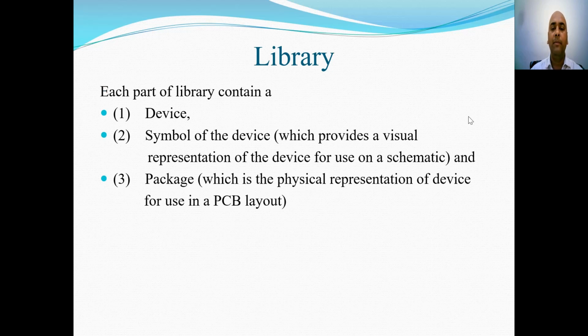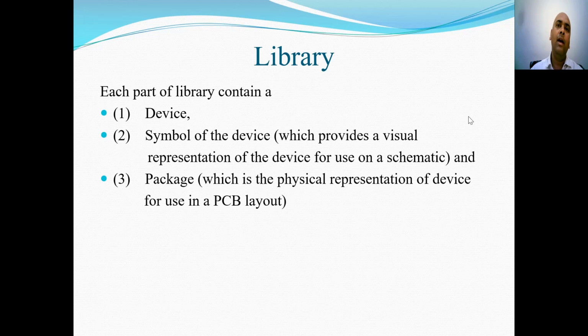Each part of the library contains a device, the symbol of the device, which provides a visual representation of the device for use on a schematic diagram, and the package. The package indicates the physical representation of the device for use in PCB layout. The package also indicates whether the device we are using is an SMD device or a through hole device.